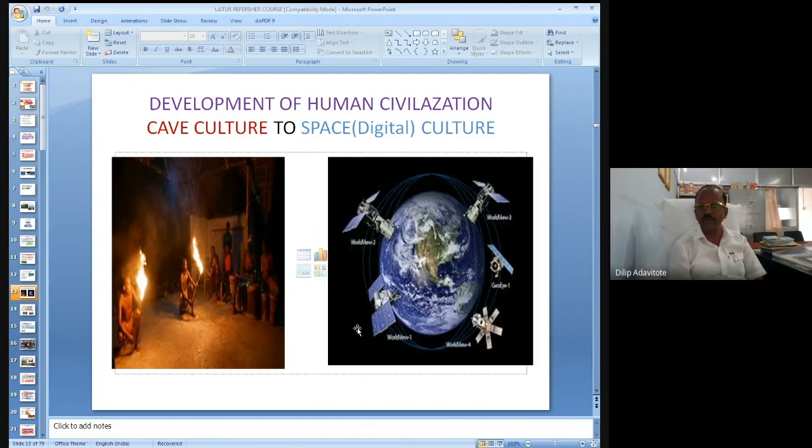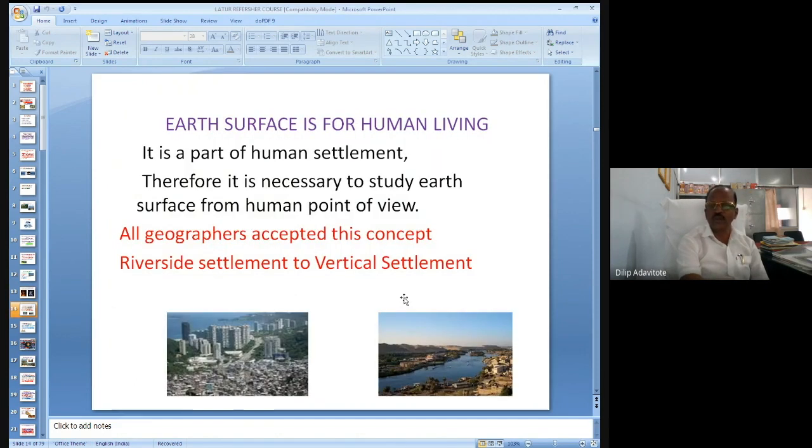For the development point of view, I use these two important words. This one image gives the human life in the old civilization that is called the cave culture, and now people are living in an ultra modern age that is called the digital age or space culture. This is the human development journey explained by these two images, and we can understand how fast we are moving from one area to another area, and therefore on the face of the development, all we